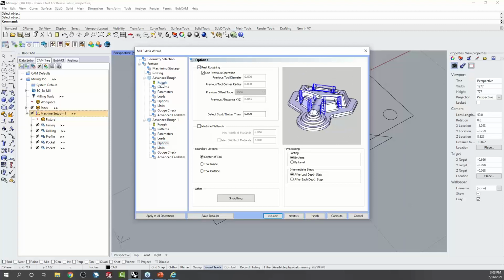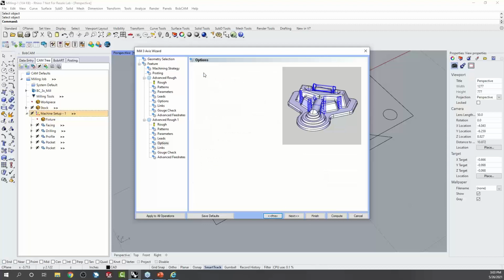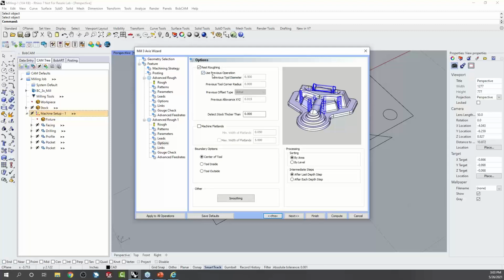So I have one operation with a 1-inch cutter, one operation with a 750. What I can do is use the previous tool diameter. I'm not sure why it's saying it's a 1/2 inch there, or maybe I typed it as a 1/2 inch. You can come in and tell it what the previous tool diameter is, and then there's some different options in here that you can use for,